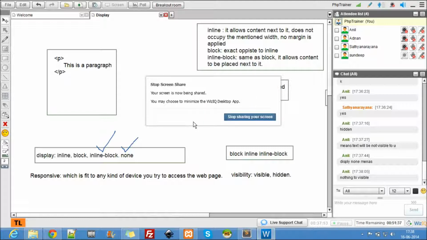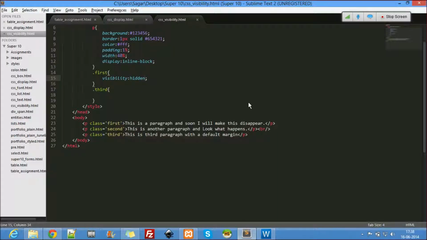It just deletes everything. When I say delete, I mean only the space, not the content; the content is still present. In visibility hidden, the space is maintained. Only the content, the text, is not visible to us, but the space is there. Fantastic, good answer.